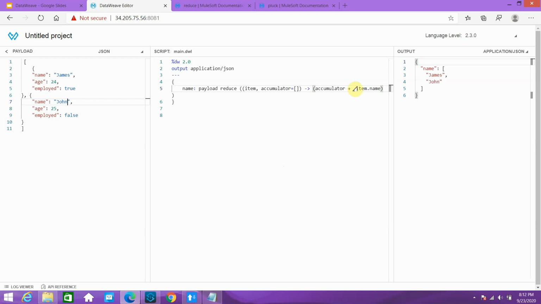Correct. Now I want to display John as a key and age as 25, so John will be the key and age will be the value. How can I do that?